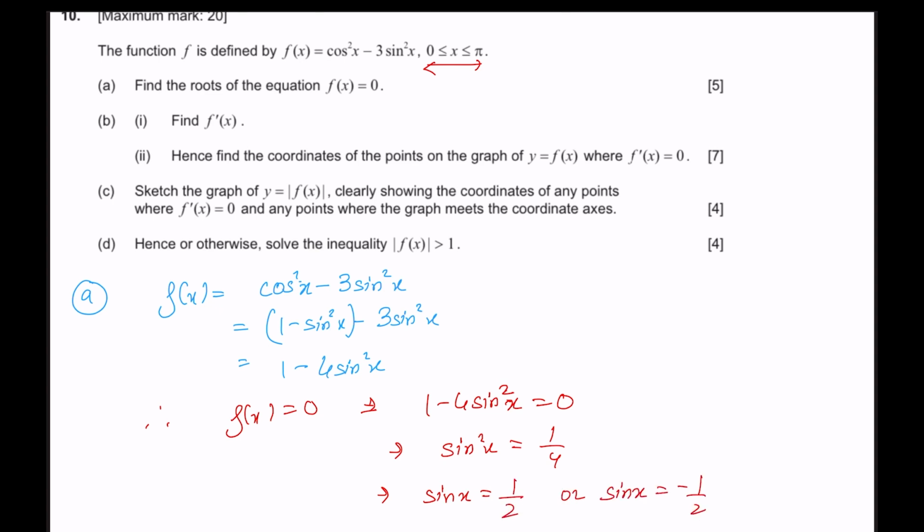Now from 0 to pi, sin x is always positive. The curve of sin x from 0 to pi looks like this. This is pi, this is 0. So sin x cannot be equal to minus half. Now sin x equals,